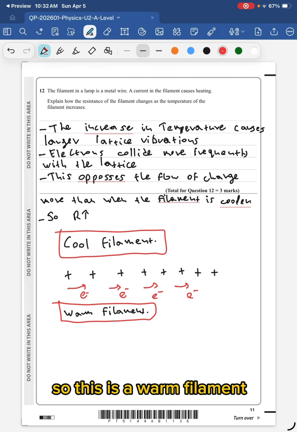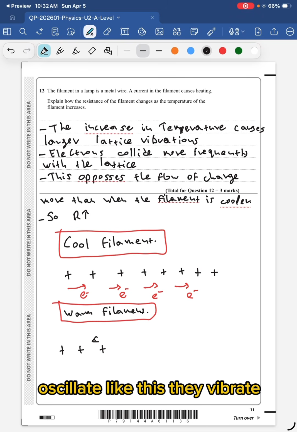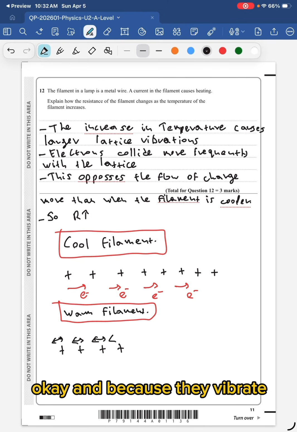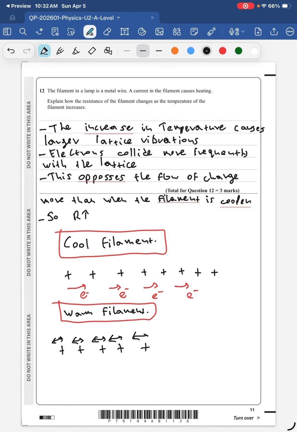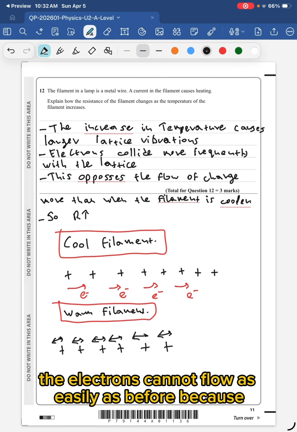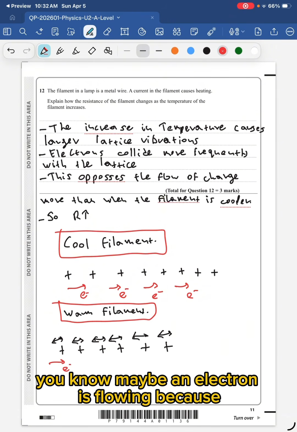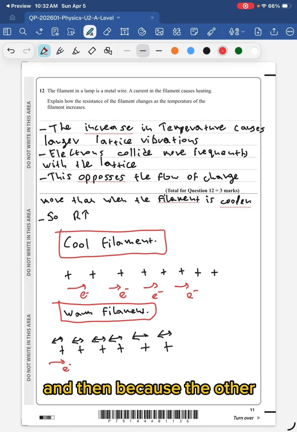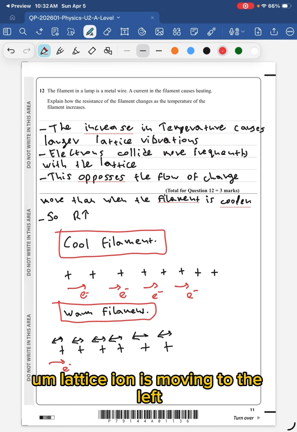So this is a warm filament. So you still have the ions, but they might oscillate like this. They vibrate, okay? And because they vibrate, the electrons cannot flow as easily as before